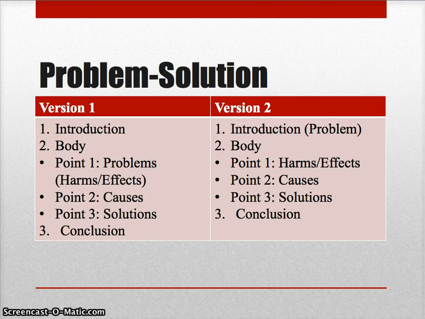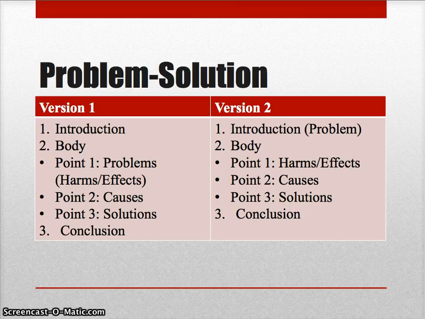In version 2, it goes just a little bit differently. In version 2, you actually establish your problem in that introduction step. So during your introduction, you establish that there's a problem. Now, this is usually an effective version of the problem-solution method when your audience isn't going to have a lot of trouble believing that there is a problem, all right? If you're talking about the issues of surrounding mortgages in the United States today, I don't think you're going to have a lot of trouble convincing your audience that the mortgage-related laws are an issue and that they're a problem. So that's something you could probably introduce in your introduction and get us to believe, yes, this is a problem, I'm on board, this is what we're trying to solve, okay.